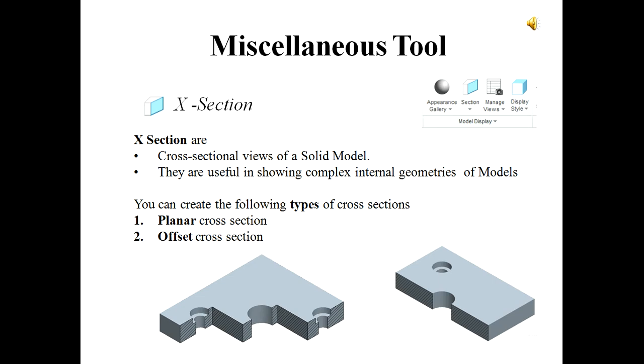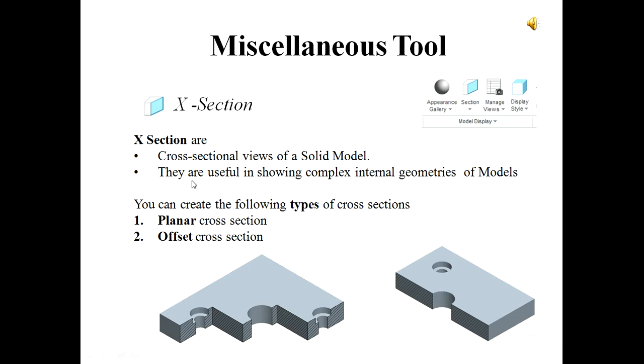To draw a sectional view, we assume that the object of interest is cut by a plane called a cutting plane. The cutting plane virtually cuts the object into two parts. One part is removed and the projections of the retained part are drawn. This view is called a section view in 2D. Such a cross-sectional view of a solid model in 3D is called X section in Creo Parametric 3.0.